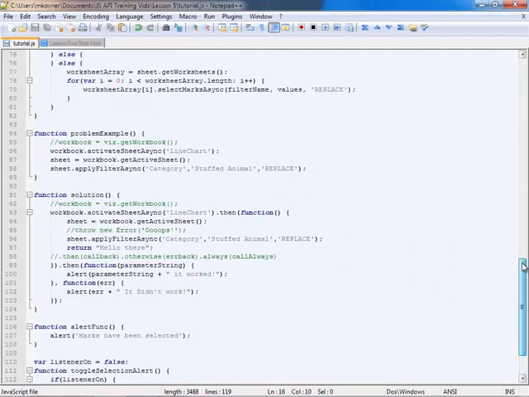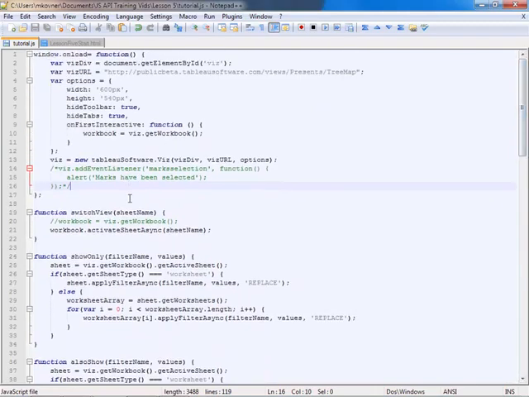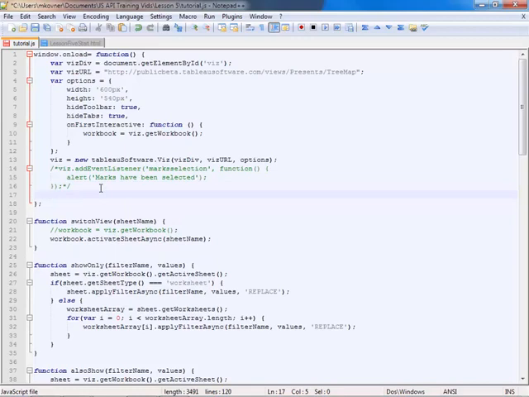The way we're going to do that is we're going to come back up to the top. We're not going to create a new function. We're just going to have this happen automatically. And what it's going to do is listen for a sheet switch event. So that's going to look similar to our mark selection event listener: viz.addEventListener. In this case, the event for switching views is called tab switch, and we're going to need to give it